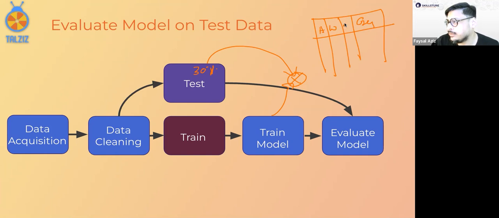With this 30% of the data, you already know what gender it is, right? But you don't show the gender. You tell the machine, okay, you've learned it, now predict it. This is the height, this is the weight, this is the length. Is it a boy or girl? And it predicts. Okay, for the next record, also tell me, is it a boy or a girl? And you keep on doing this. I mean, you don't do it manually, the system does it for you.